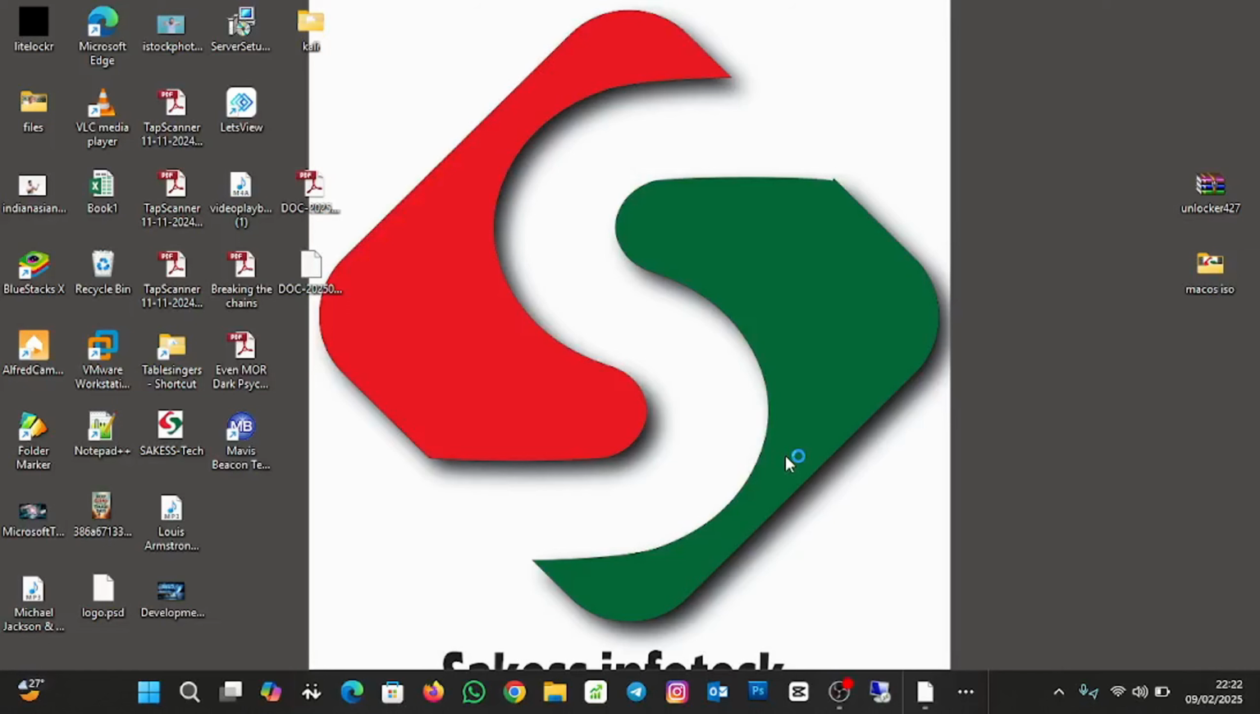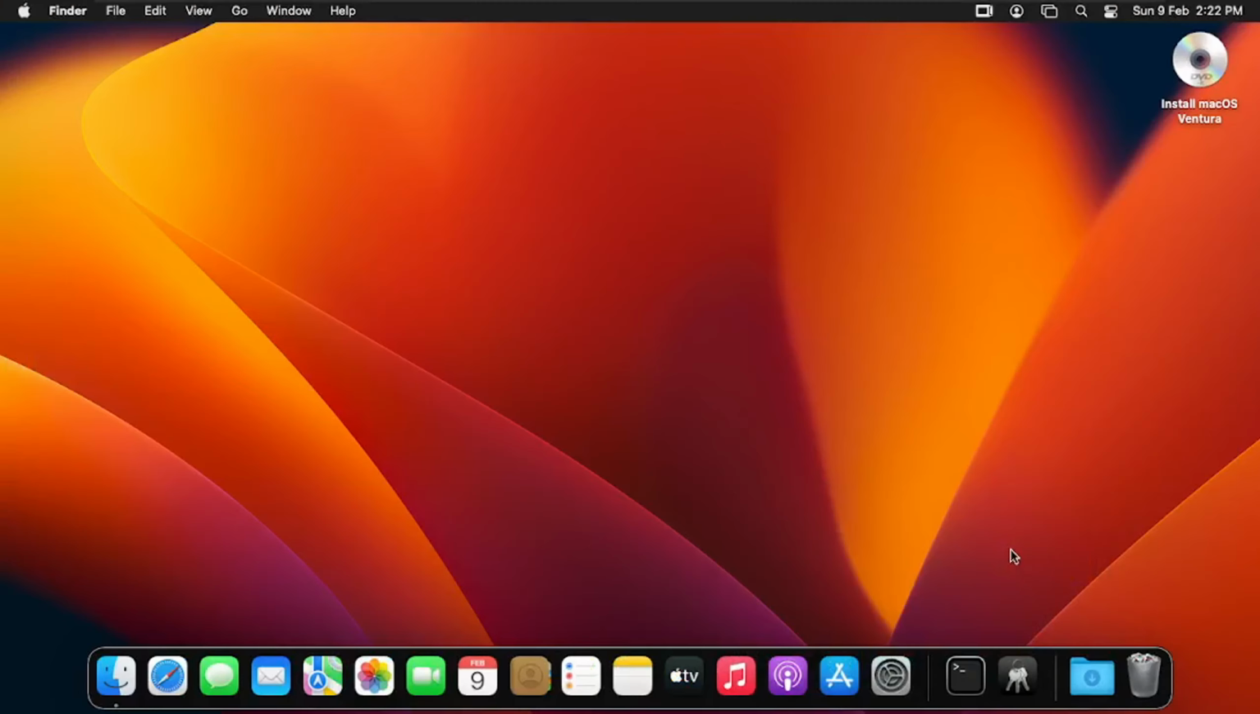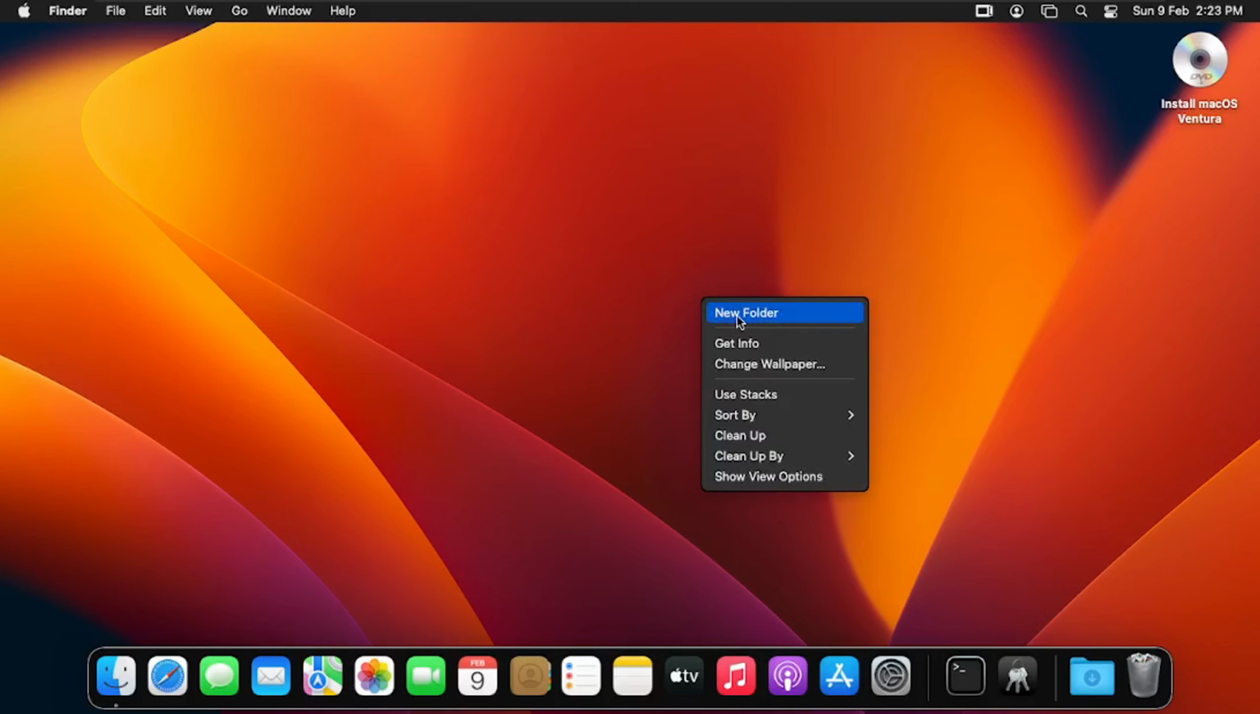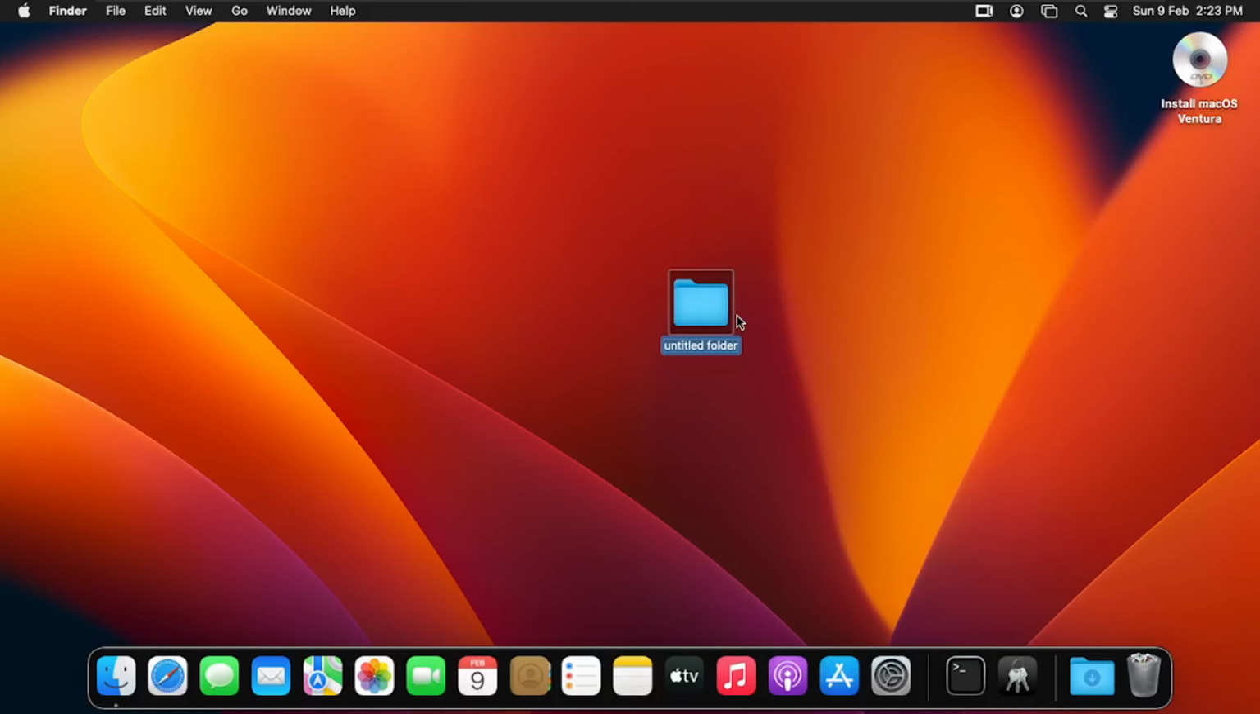So to create a password protected folder in macOS, you need to watch this video to the end so that you don't miss any of the steps, okay? So to do that, let me open my virtual machine which contains the macOS, and then we demonstrate how to do that, okay? So to create a password protected folder, I'm first going to create a folder on the desktop. So I'll right click on the desktop, and I'll click on new folder. Then I'll give the name confidential,